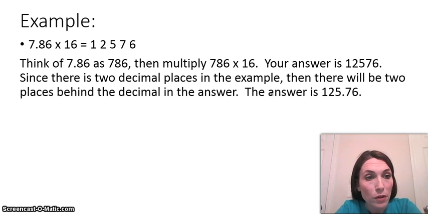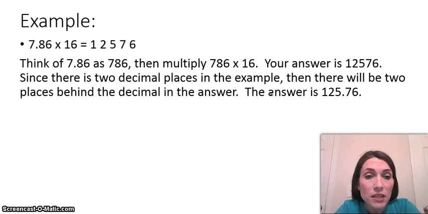Our first example problem is 7.86 times 16. And if we did that multiplication out, we would get an answer that would look like 12,576. But we have to remember we're multiplying decimals, so 12,576 is not actually our answer, even though those are the digits in our answer. I want you to think of 7.86 just as 786, just where we're multiplying. So we would multiply the digits that would make up 786 times 16, and that would give us that answer of